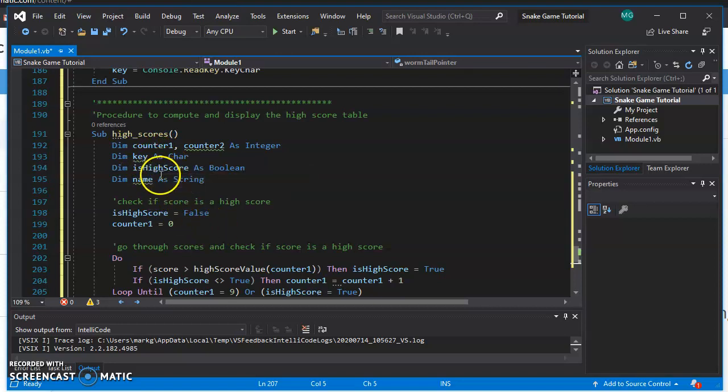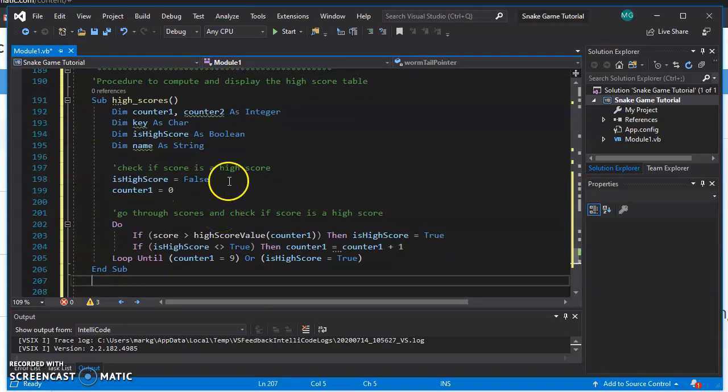The key to detect the key. Is it a high score or not? And then a name. So we haven't finished all this off just yet. So we're going to check the score for a high score, first of all. And then obviously the count's going to be set to 0 initially. And go through the scores, it's also searching through them really and checking if the score is a high score. So if the score is greater than the high score, the one that you've just currently achieved once the game's ended,